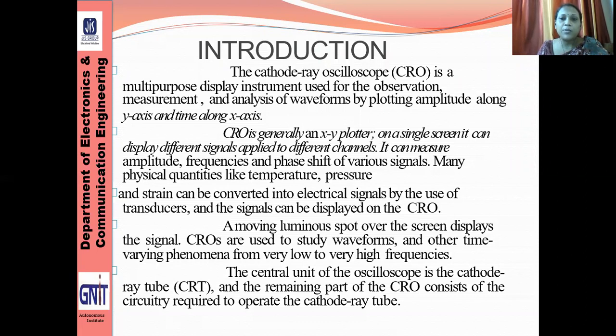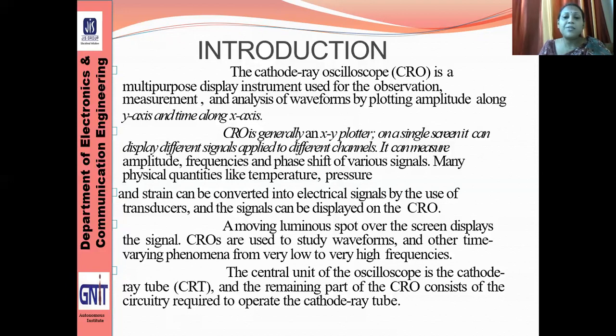A cathode ray oscilloscope is a multi-purpose display instrument used for the observation, measurement and the analysis of waveform by plotting amplitude along y-axis and time along x-axis. The measurements are all time domain measurements. CRO is basically an XY plotter. On a single screen, it can display different signals applied to different channels. It can measure amplitude, frequencies, phase